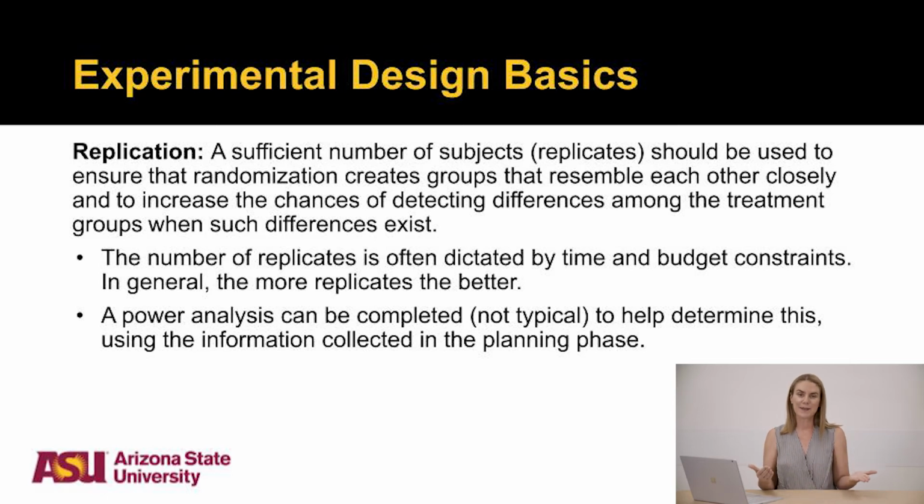So more replicates provide better information. You can't just do the experiment on one person, or you can, but it just doesn't provide as much information. So it's better to include more people, more cells, more whatever you're using as your observational unit. You want to include more of them. You want to replicate your experiment to see if you get the same results, or maybe you're getting different results. So obviously, the higher the number, the better.